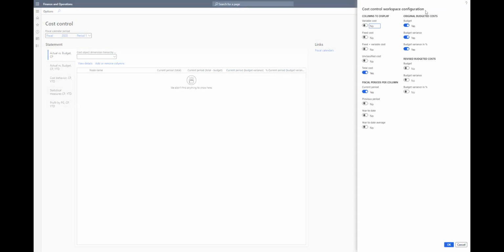Cost control workspace configuration. Columns to display: variable cost, okay. Fixed cost. Yeah, fixed plus variable, right? So we can just unclassified cost, total cost, fiscal periods per column,